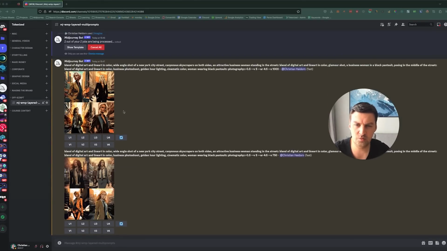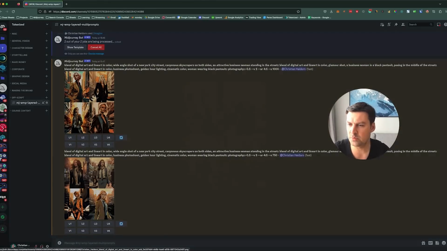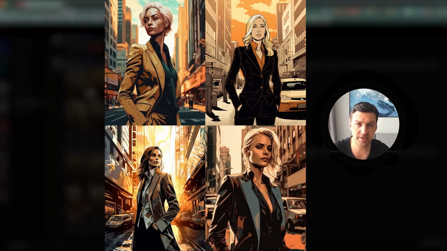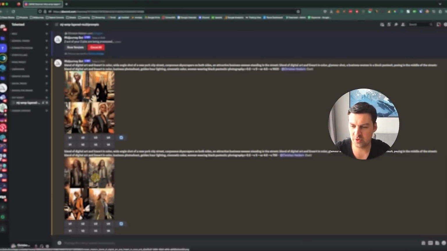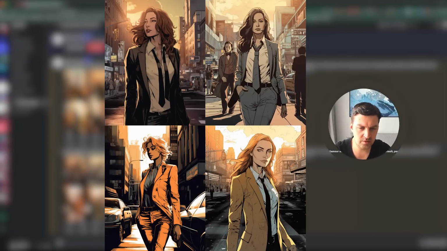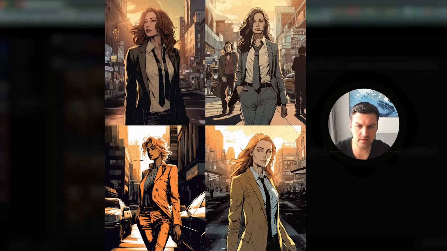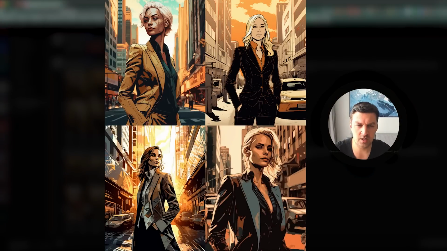And this is exactly why I like playing around with these stylized parameters so much, and you need to keep an open mind. So even though our original objective was to get a woman in a black pantsuit, and we do have some options, I must say that I kind of prefer some of the other ones. They actually look much better. So this was our 750, which wasn't enough, in my opinion, compared to the other ones, because these look really sharp. I'm going to re-roll this one last time,